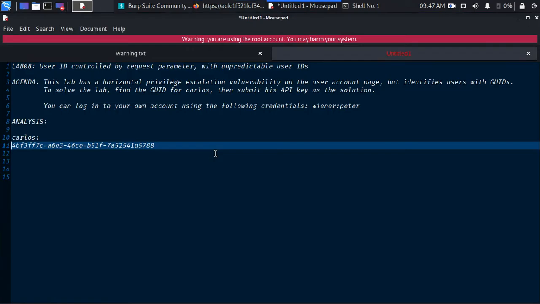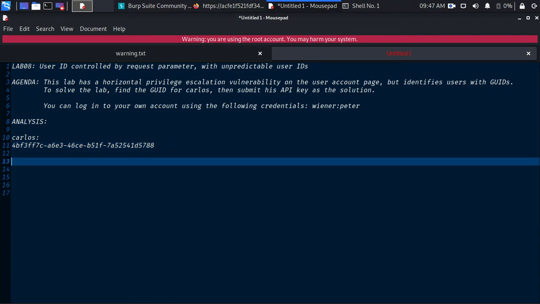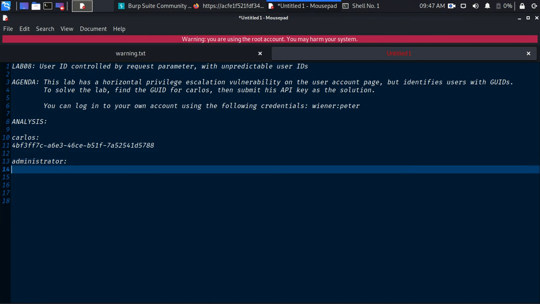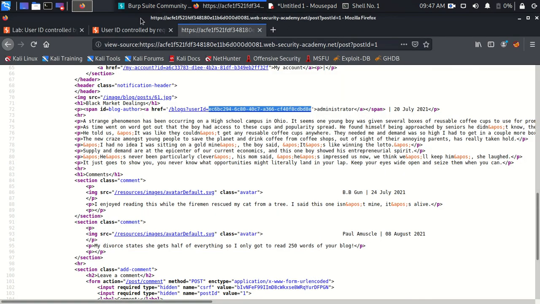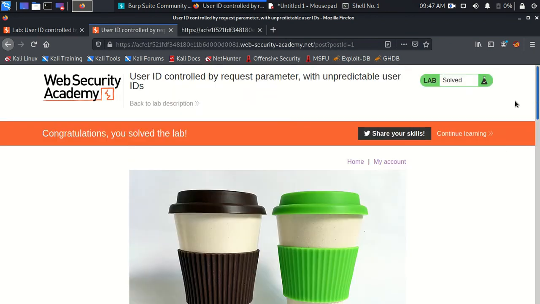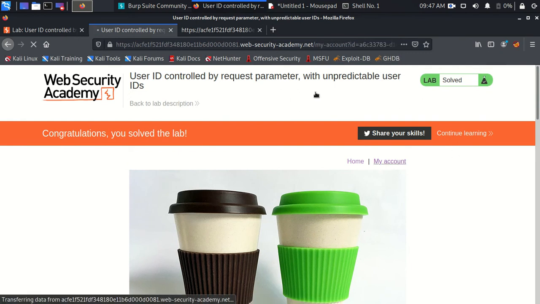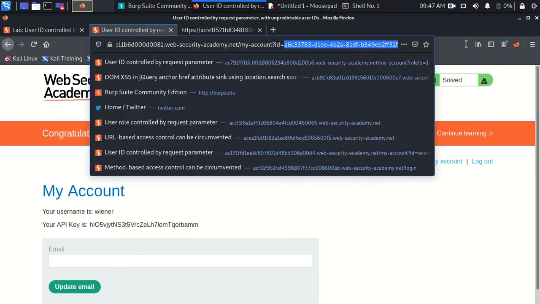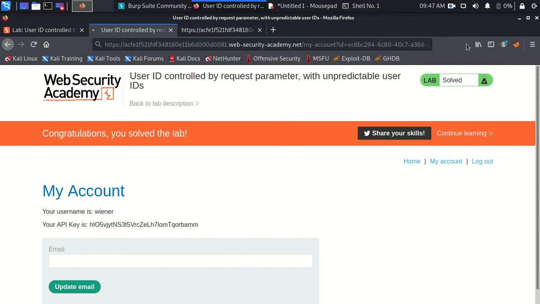So we copy this, come here, administrator, and the GUID value is this. So even if we change the value of the ID parameter from the Carlos user to the administrator, we will also get access for the administrator here. See,